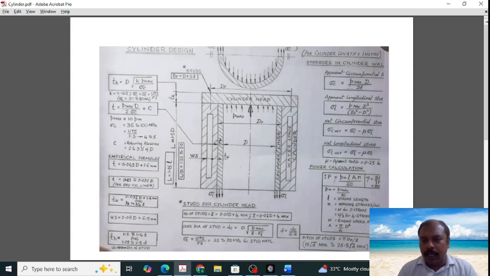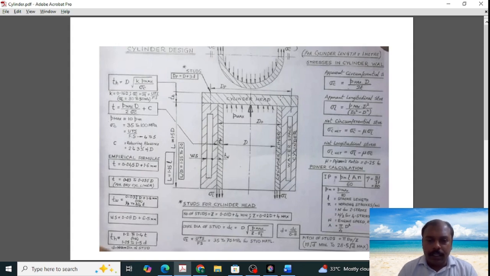This is the apparent circumferential stress: sigma c is equal to P max into D by 2t, where P is the gas pressure inside the cylinder. The apparent longitudinal stress is sigma L is equal to P max into D square by Do square minus D square. Here D is the core diameter of the cylinder, the inside diameter of the liner, and Do is the outside diameter of the cylinder wall, that is, the outside diameter of the cylinder liner. And t is the thickness of the cylinder wall,